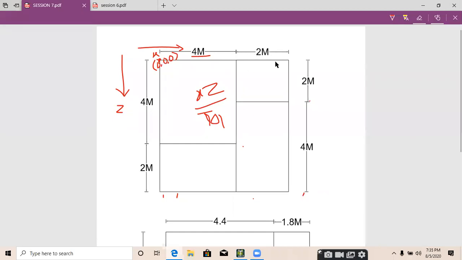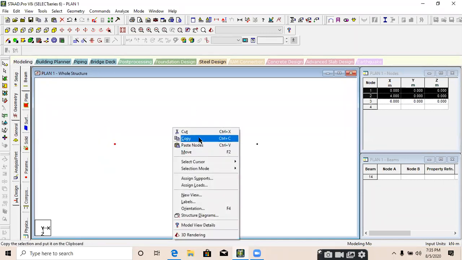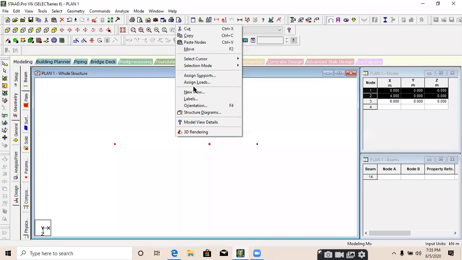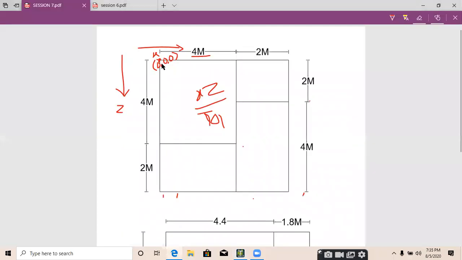Now we have to copy these nodes in z direction. First I am selecting these two nodes. Copy. You can use Control C and Control V for copy paste. In Z direction, I have to paste these nodes up to a 4-meter distance over here.